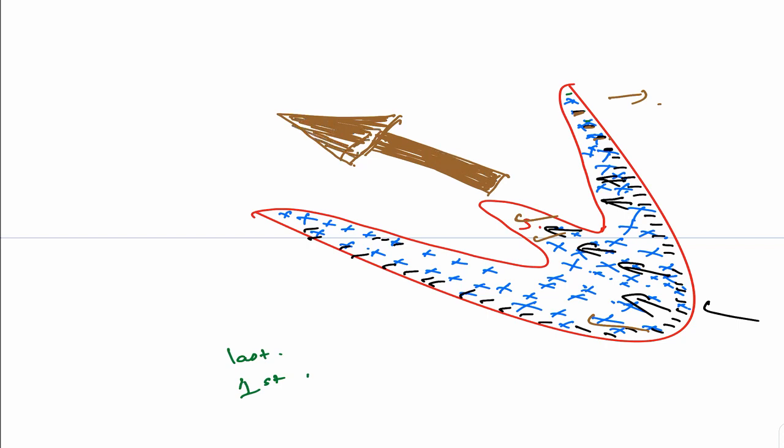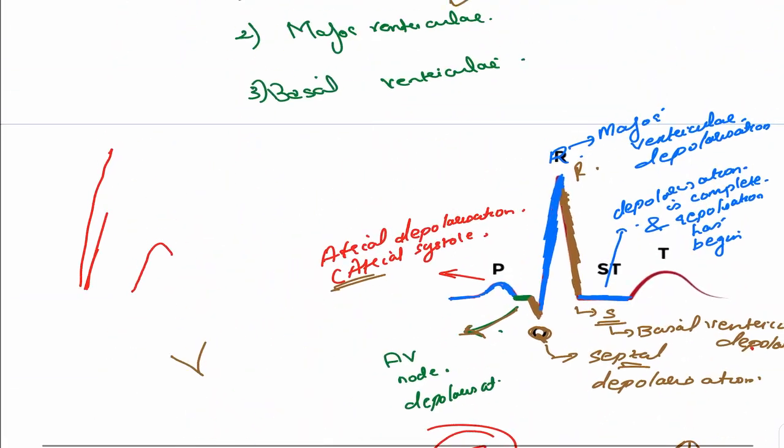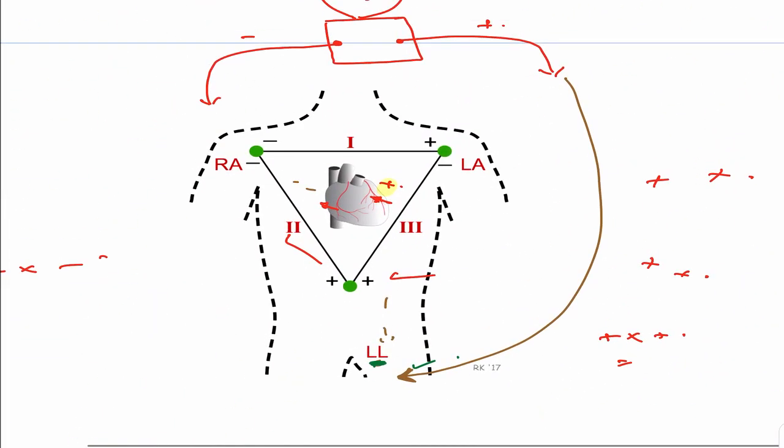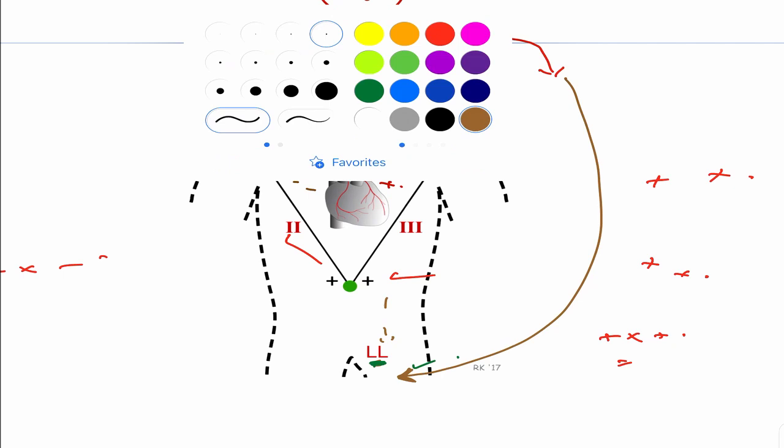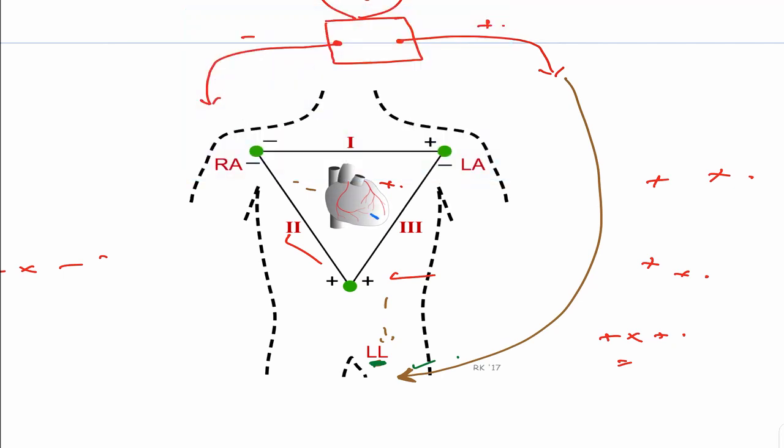It's only a single vector with this direction, because it's the area where the force of repolarization takes place from the inner towards the outer part. Okay, sorry, outer towards the inner part. This is the outer part towards the inner part, and this will be the deflection. Now we will see the ECG machine and its deflection. So what is taking place? It's the ventricular repolarization taking place, and this is the direction, isn't it?